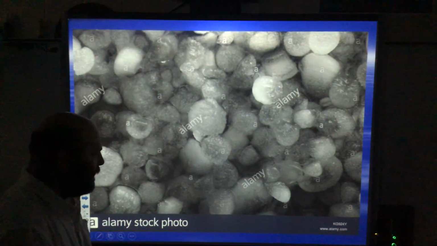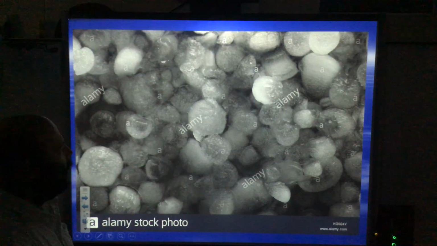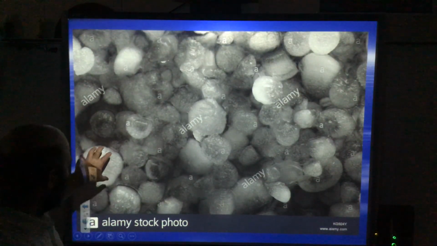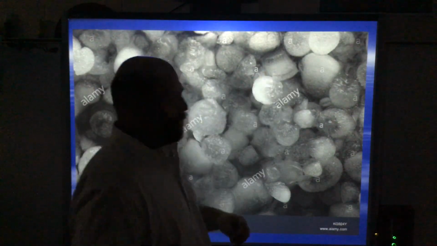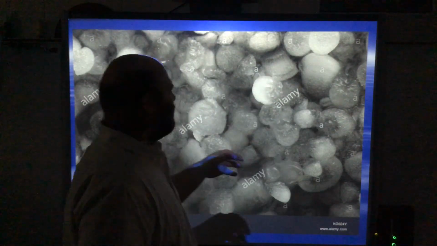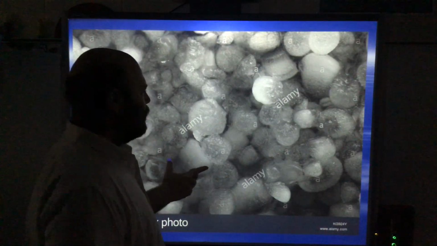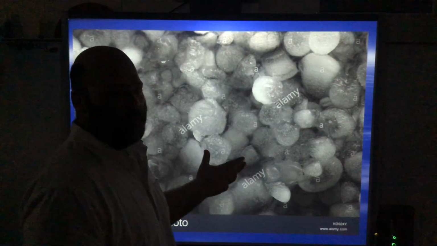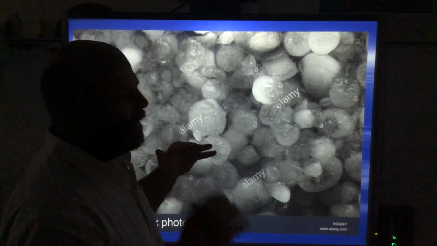So, this right here is a very, very close up view of something we call sleet, okay? Now, sleet are small little frozen balls of precipitation, and these are just frozen raindrops, okay? You might have heard sleet before. I can't remember if you guys are old enough to remember the last snowstorm or not, but the last snowstorm we had, there was a significant snowstorm. We had a lot of sleet. You can hear it falling.